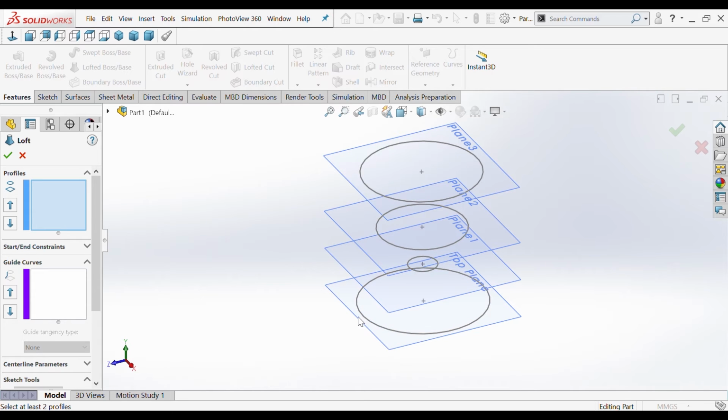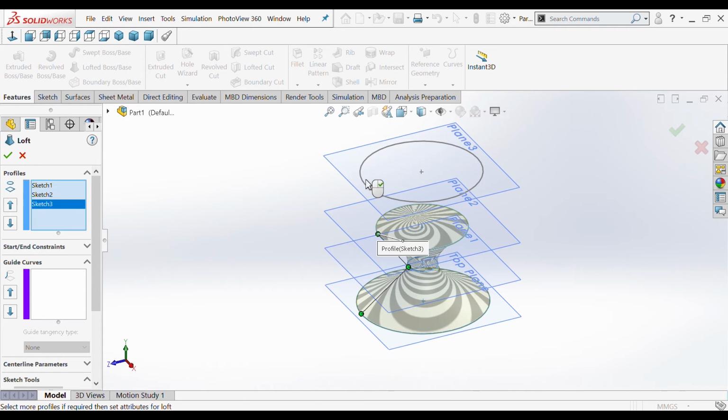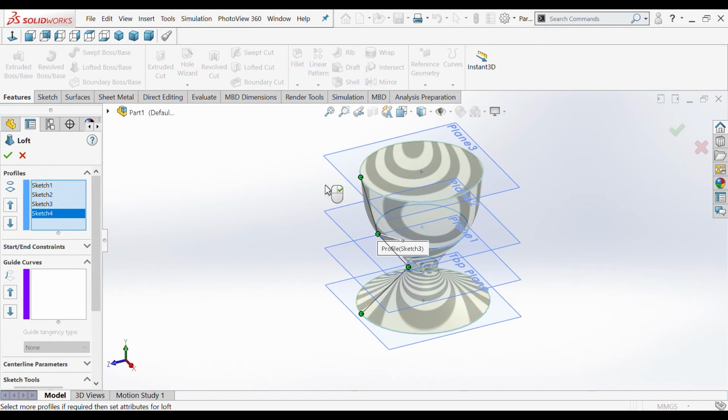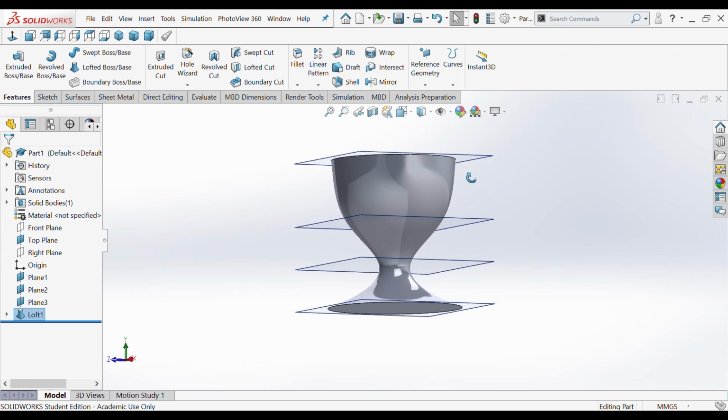So just select on this bottom or base circle, then select on the next circle. You can see the preview. Select on this circle, then select on the last circle. Here we have our preview of our glass. You see,